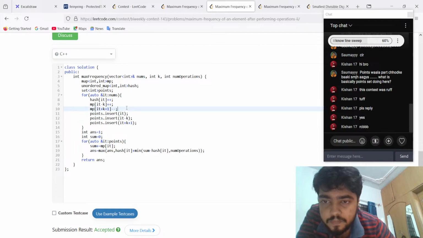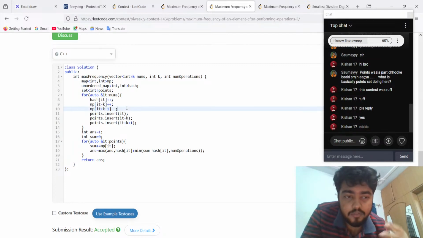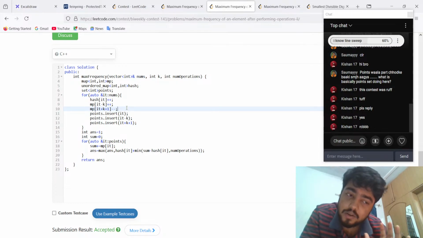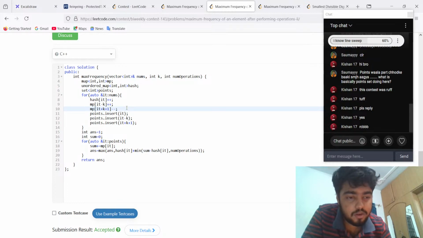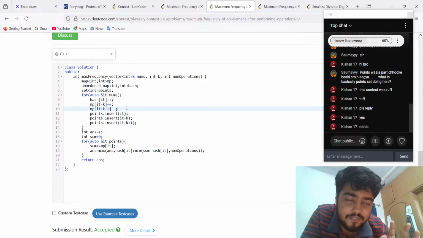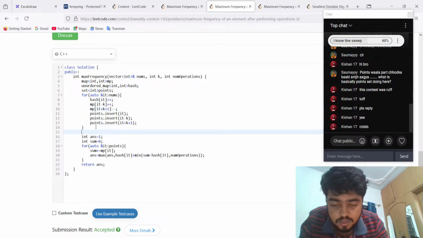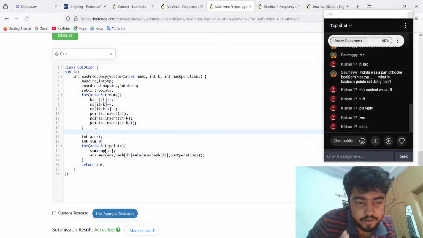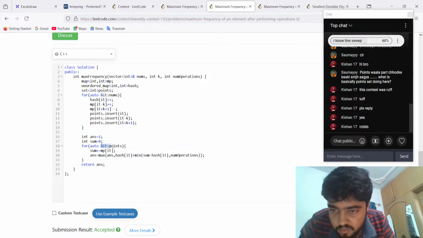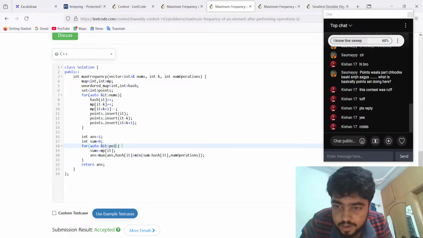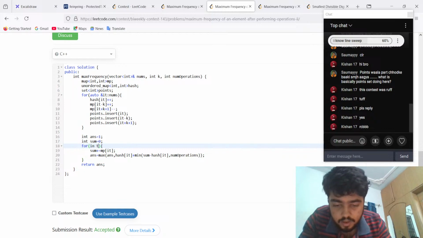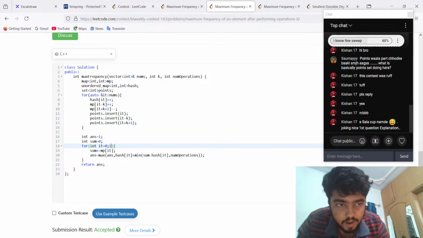So at a later point when we are going to process the whole thing, as I was telling you, we are not going to sort it, but whatever operation we are going to do is in a sorted manner only. Since we are going to access these points, we don't need to access all the points. If you think about it literally, if I move this IT points, and in spite of this, if I write int IT is equal to 0, and